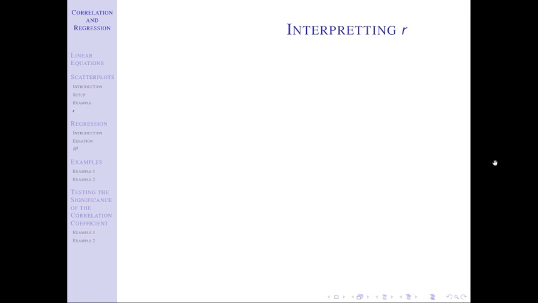How do we interpret R? We've talked about that R is a value that goes from -1 to 1. The closer it is to 0, the weaker it is. The closer to 1 or -1 it is, the stronger it is. How do we actually interpret it? Here are some rules of thumb. There are other rules of thumb out there. There is no one method that's perfect. This is just what I'm using. If you use a slightly different one, it's okay.